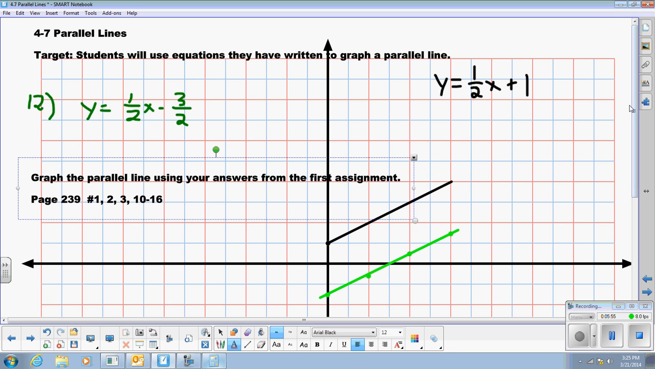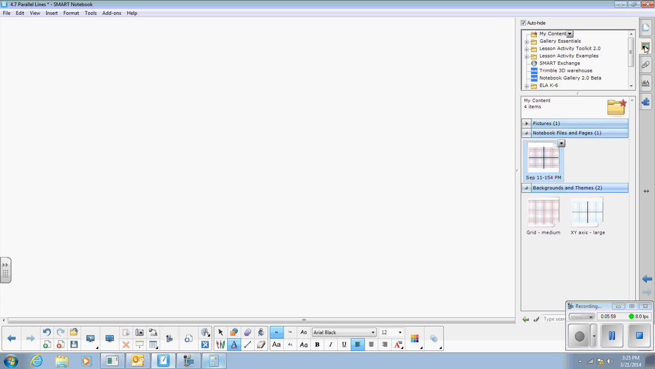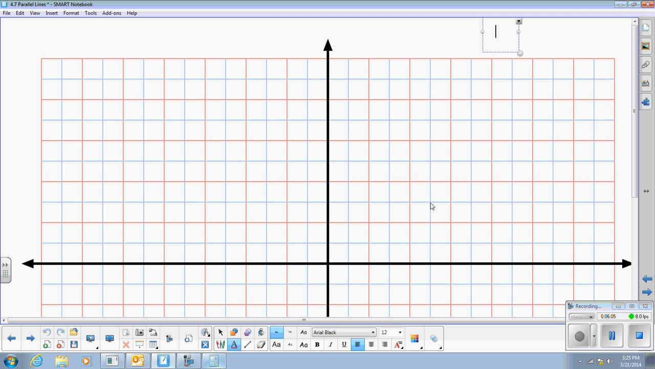So let me create a new page here. Just like that. I've got to get my new graph in there. So we're here. Where's my graph? There it is. Double click that. There's my new graph. That's a good thing. So I'm now going to do